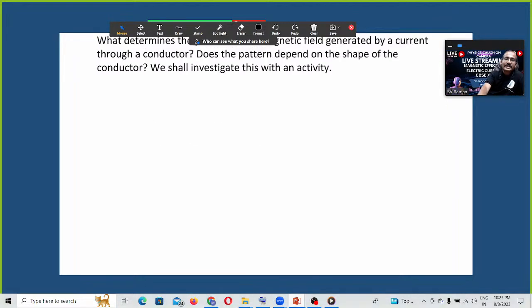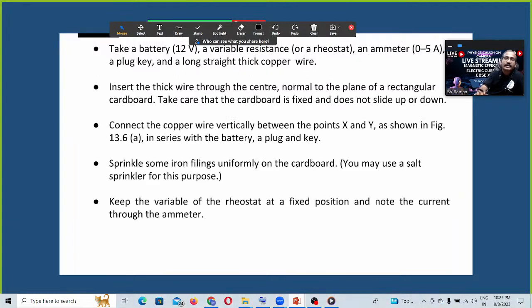Next, what determines the magnetic field generated by a current through a conductor? Does the pattern depend on the shape of the conductor? We shall investigate this as an activity. Now what did we do? Take a 12 volt battery, a variable resistance, an ammeter, a plug key and a long thick